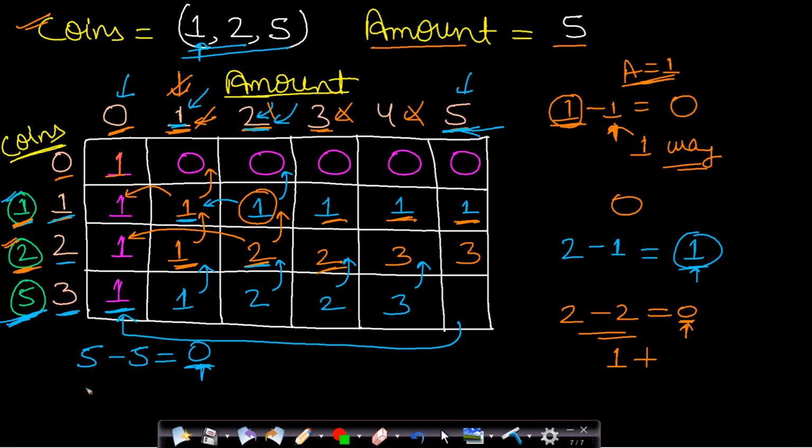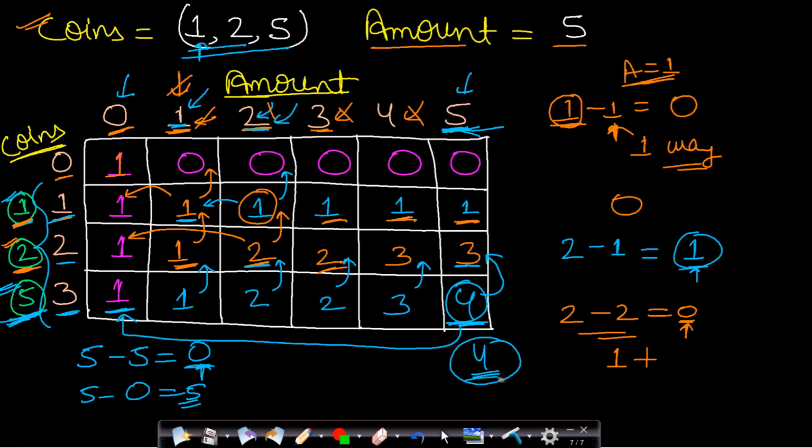And if we exclude this 5, then we will be basically reaching the same amount. So we have to find amount 5 and we are not including any instance of this coin 5. So we will have to move up by one row and then we can see that there are 3 possible ways to find amount 5 when we are not including any instance of this coin 5. So we will have to add these 2 possibilities and this will be the total number of possible ways in which we can find amount 5 when we are including the first 3 coins. Okay, so this last cell value will give you the answer. In this case I already showed you that the answer will come out to be 4.